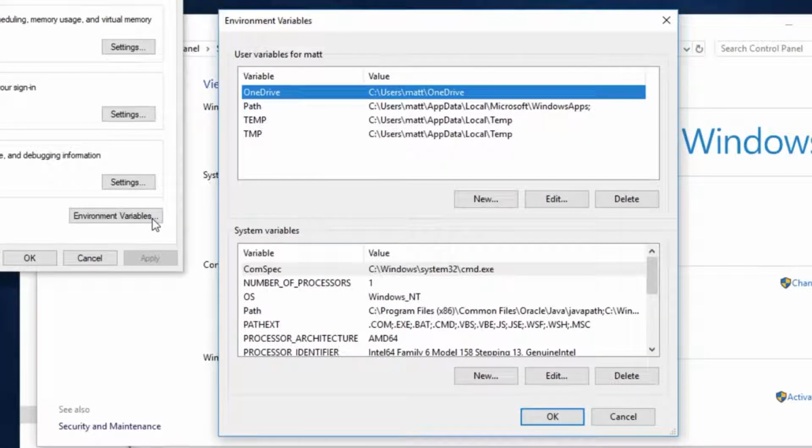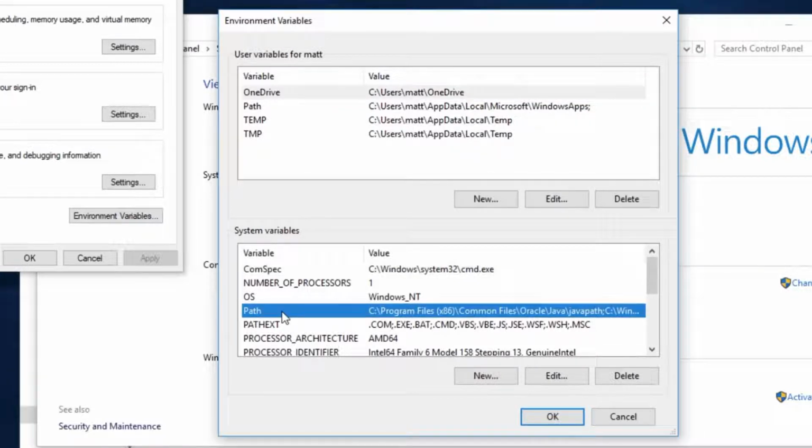So the concept of an environment variable isn't just specific to Java or even specific to Windows. It's a concept which is available in all operating systems, and it just provides a little place in memory where programs can look to get a piece of data they need to share. In the case of the Java tools, that's the JDK installation path, and that's what we're going to set now, but there are other ones too. The most important one being path itself, which you can see here, which we'll come to in a second. But first of all, let's create our JAVA_HOME.